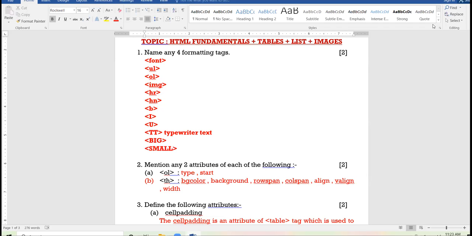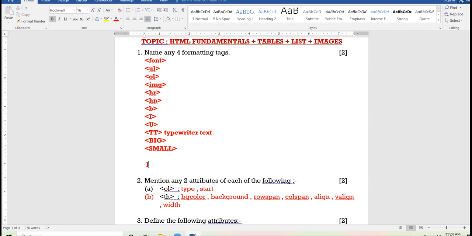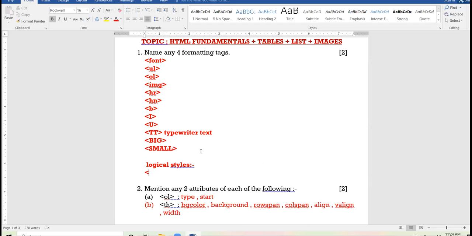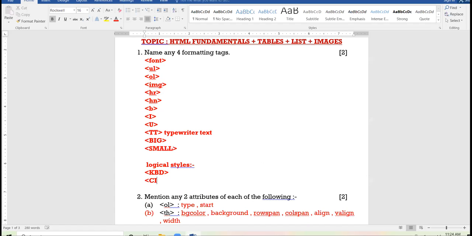OL tag, then. No, beta, no. I tell you, beta, logical styles are KBD, keyboard entry, cite tag. Cite tag means you specify the title for books, for movies, okay?